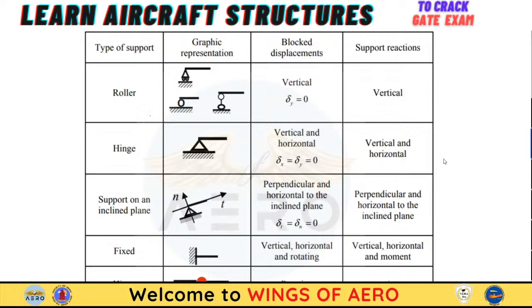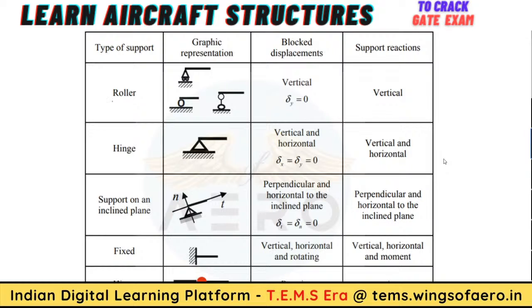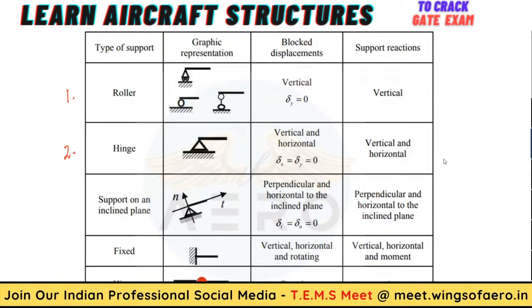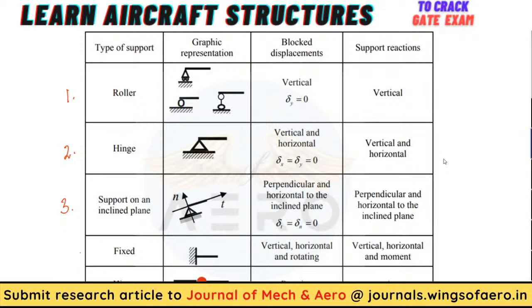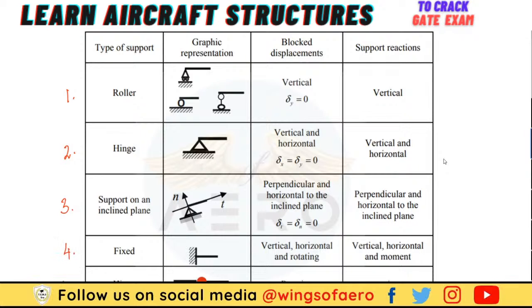Basically there are 5 types. First is a roller type, second is a hinge type, third is a support on an inclined plane, fourth is a fixed type, and fifth is a hinge type. Okay,